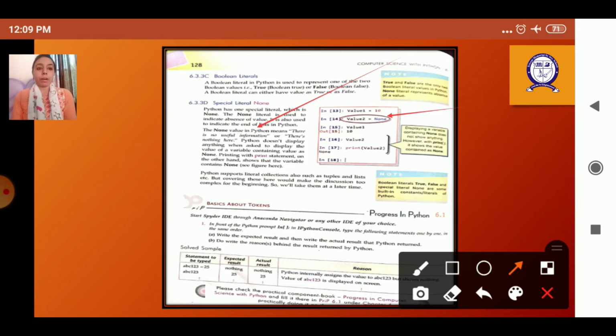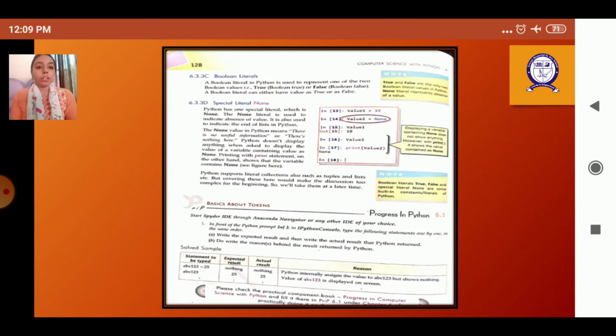It is empty, but we are taking it as such for our efficiency, for our work. The None literal is used to indicate the absence of value, and it is used to indicate the end of the list in Python. So for that purpose we can use the None value. So this is a special literal in Python.